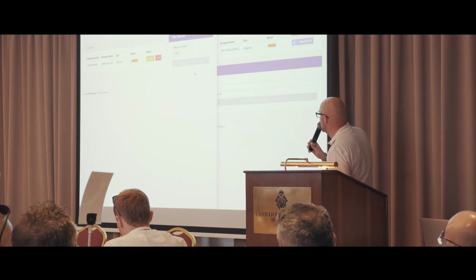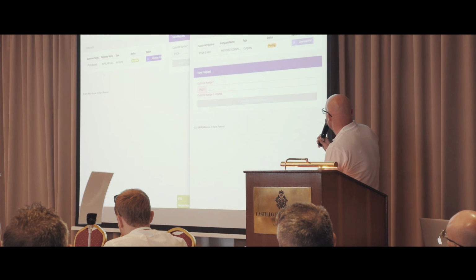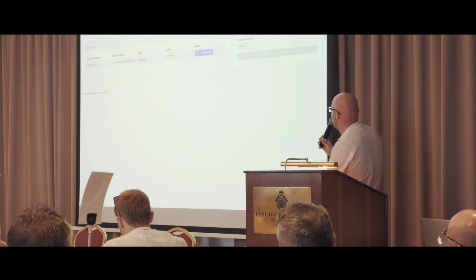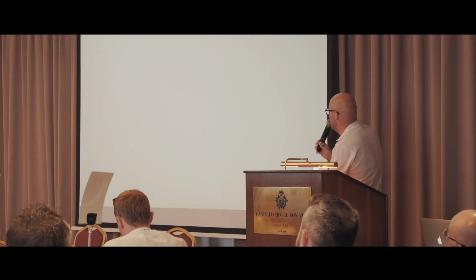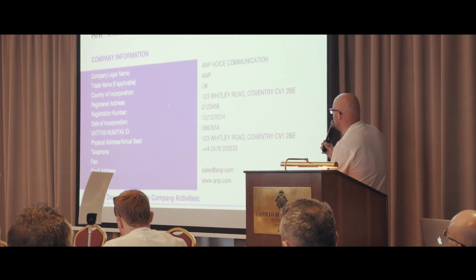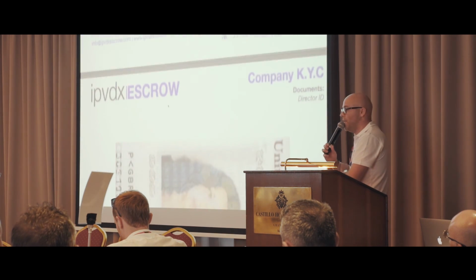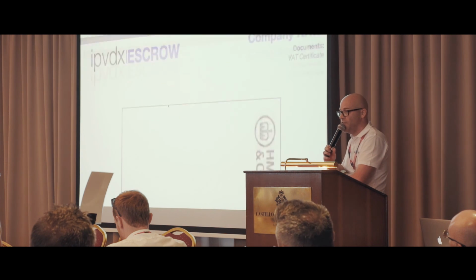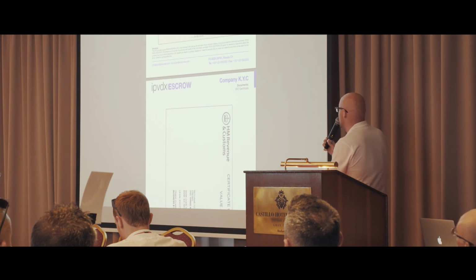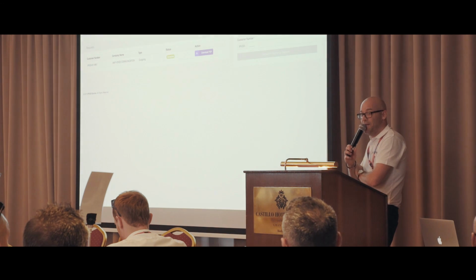Okay, and you can see now that's come through, and then he accepts it. You can see on the pending now, he can now download it. For this purpose, we just want to show a download of this. This is just a document we've made here that would show the KYC. So there you go, this is just the first front page of who they are. So you can now check your guy on the platform, you don't have to ring them, don't have to do anything. You do everything at IPVDX Escrow. You can see here, for demonstration purposes, there's his certificates, etc. So there you go. And that is IPVDX Escrow.